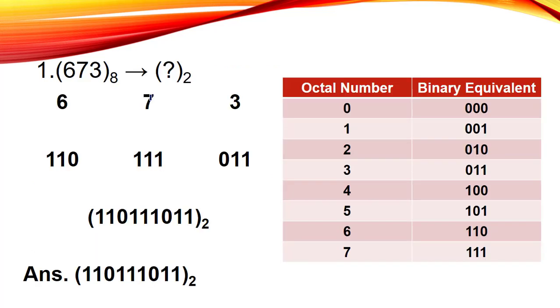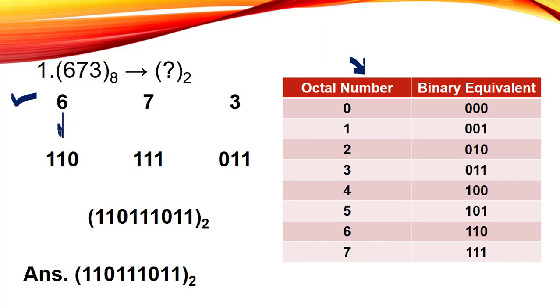The first question is 673 with a base of 8 and we have to convert this to the base of 2. For this conversion, we have to refer to this table. Keep one thing in your mind: whenever you are solving these questions, you have to draw this table on one side and only then solve the question. Now, our first step is to note down all these numbers by separating them. So we will write the numbers as 6, 7 and 3. Then, with the help of this particular table, we have to find the equivalents.